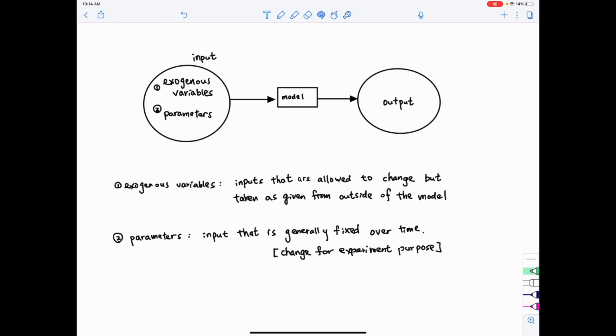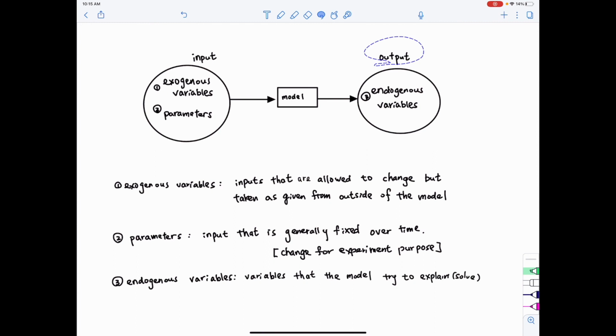Now let's look at the output. What will be the name for the variable under the economic model for the output of the model? We call it an endogenous variable. The definition for endogenous variables is that they are the variables that the model tries to explain or solve. So for example, if we are interested to know how much goods are produced in the economy,